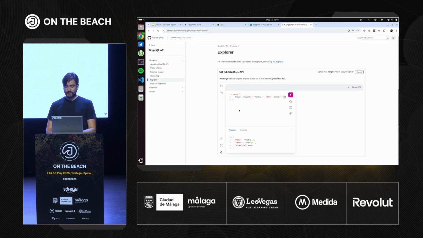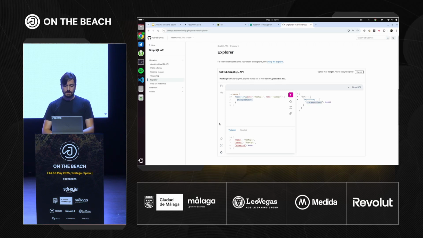So this is like parameters, as if we were calling a function, and now we're going to say what is the response data that we want to get back. So let's say stargazers count. This is a simple one. We execute this, we run that, and in the response we get the same data shape that we defined here. Inside of the data we have the repository, which is here, and then we have the stargazer count, which is here.